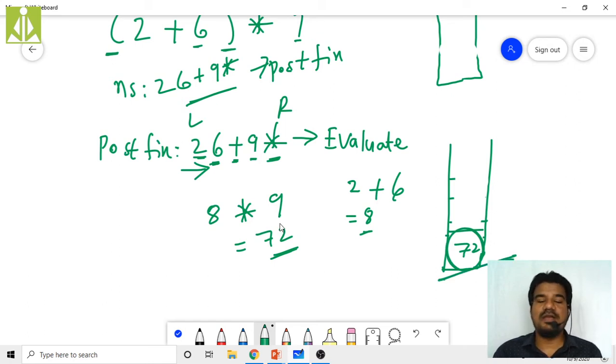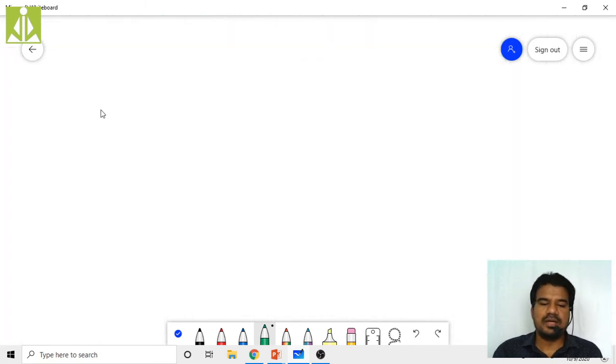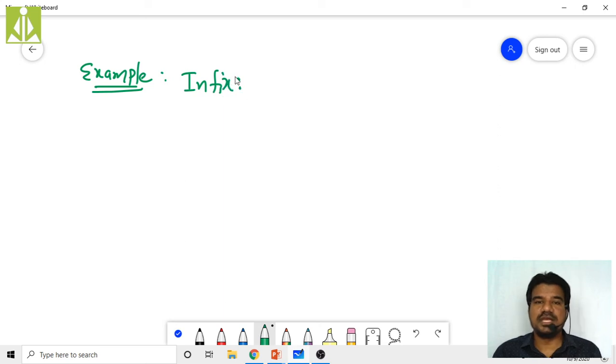So in this way we evaluate our given postfix expression. Okay, so let us do one more example. So I'm taking again infix only, because it will be an exercise for both the things, infix to postfix and then postfix evaluation.